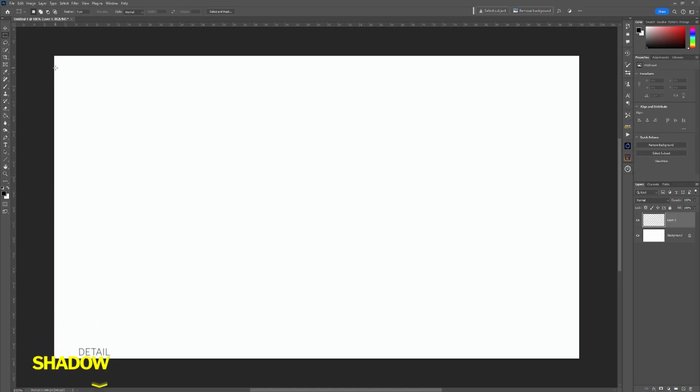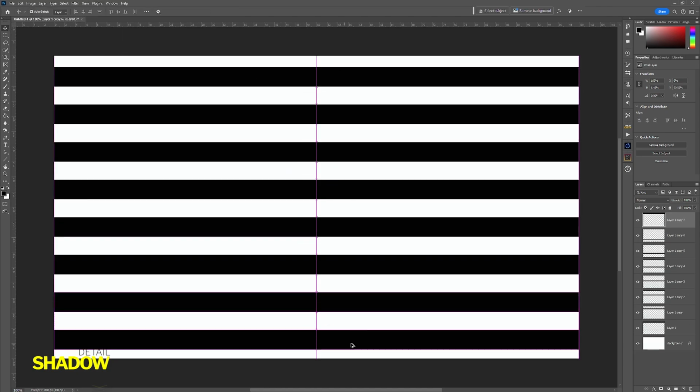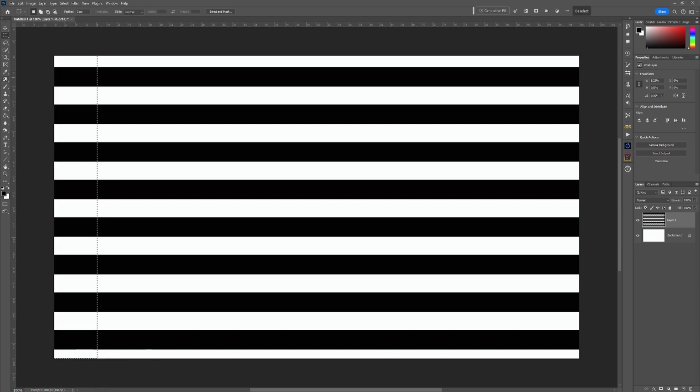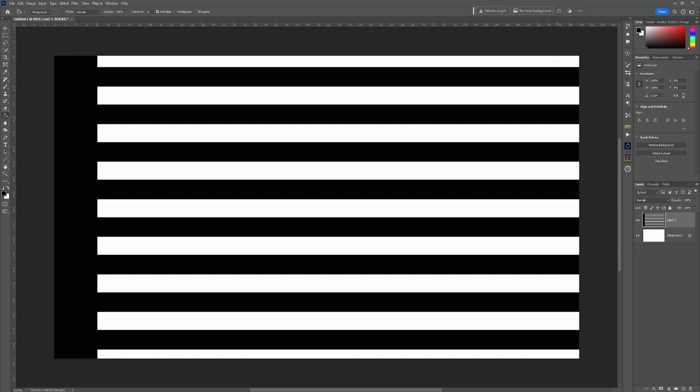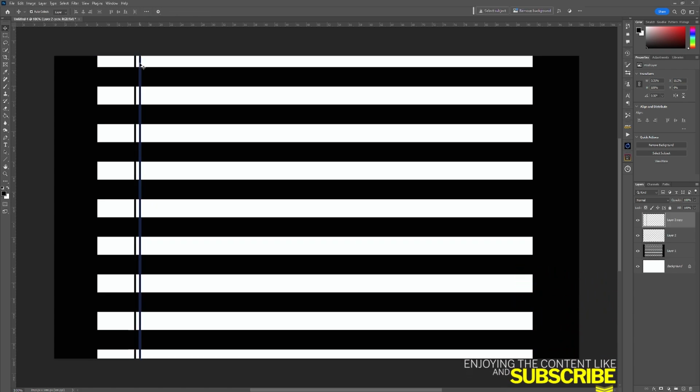What we're going to do now is look at adding slightly more detail to our shadows. So in this case, follow the same steps and then combine them all into one layer. And in this case, I'm making slatted blinds for this so that we can see how that effect is. And again, on a new layer, I'm taking the string for the slatted blinds and holding down Alt, copying them